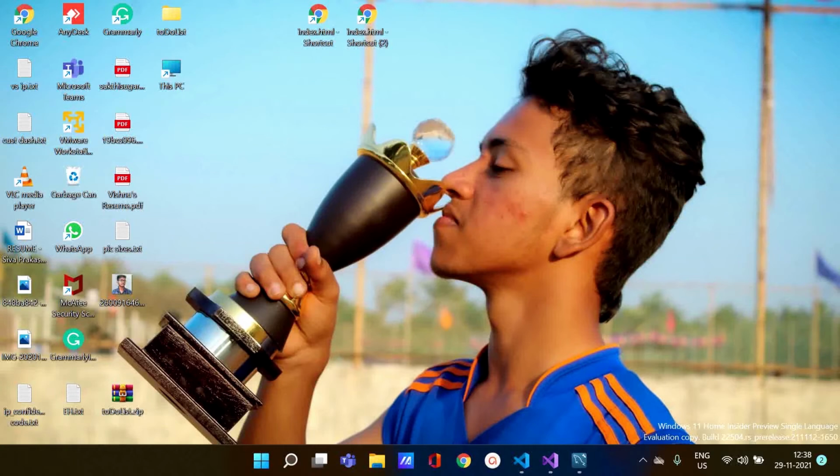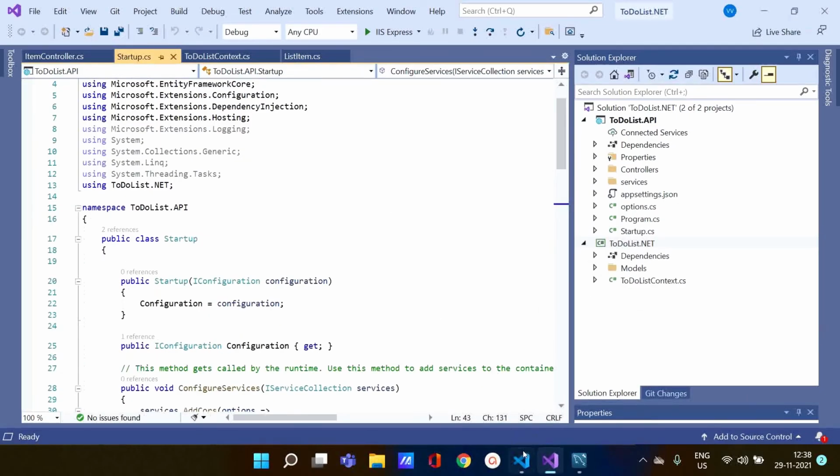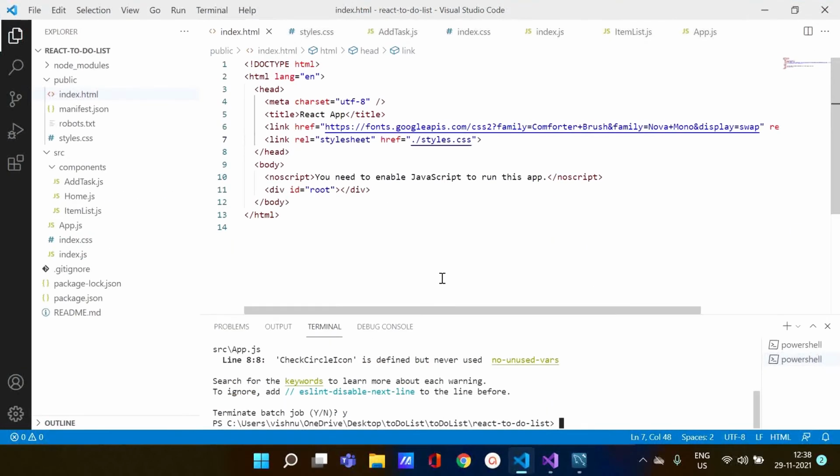Now let's run the app and see how it works. As we already said, the front end is developed using React, so let's run the application. Just open the terminal and start our application.